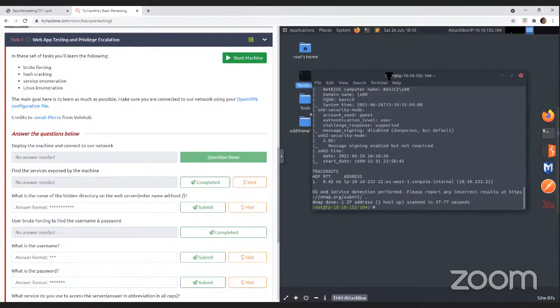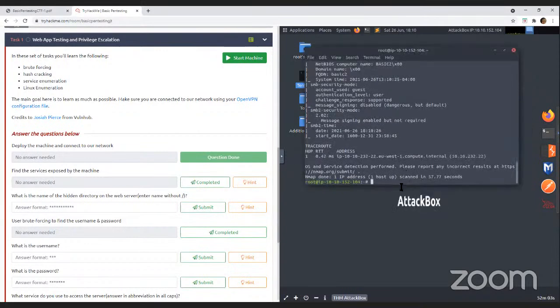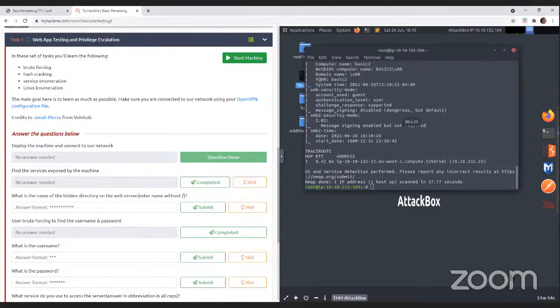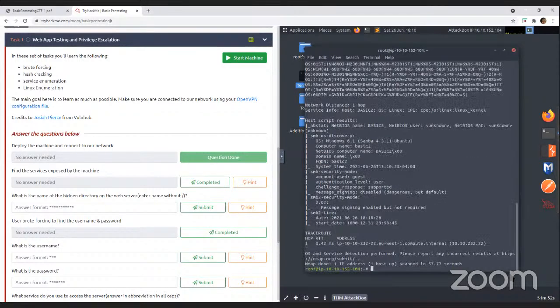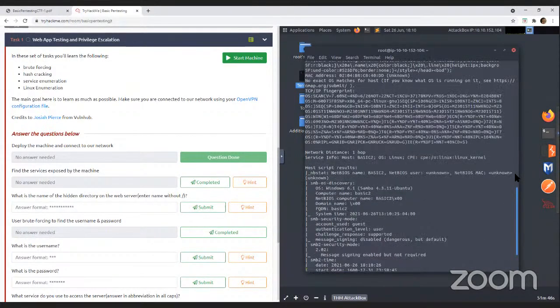All right, so once your nmap completes, we're going to see the services that are available on this machine. So when we do that, we see that there are,